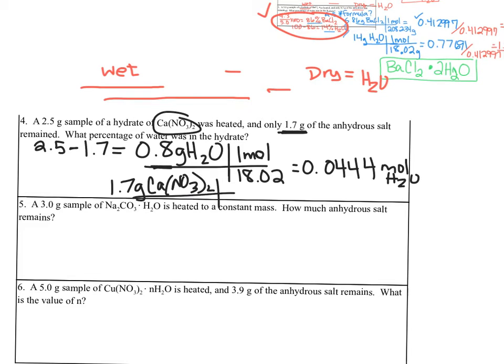You should do the same. You're going to add together 1 calcium, 2 nitrogens, and 6 oxygens. Okay, so to convert that to moles, I got 164.086. Now that I have that mass, I'm going to divide the 1.7 by it